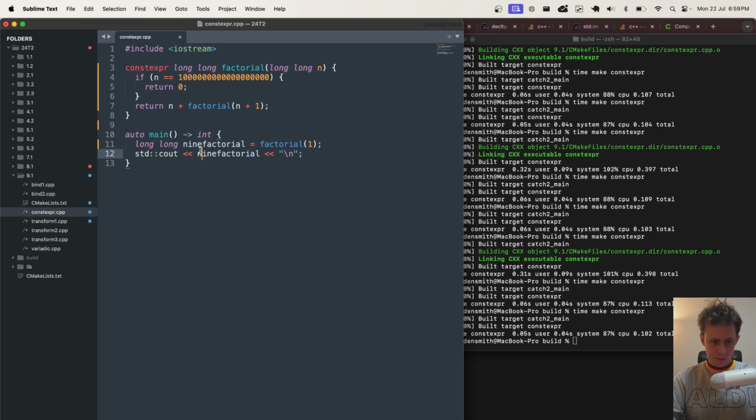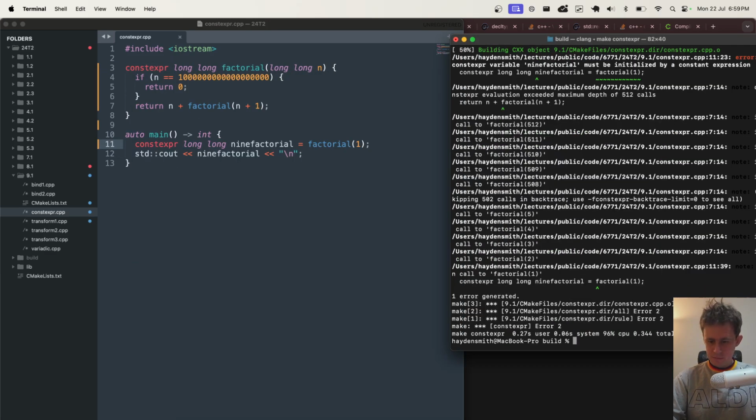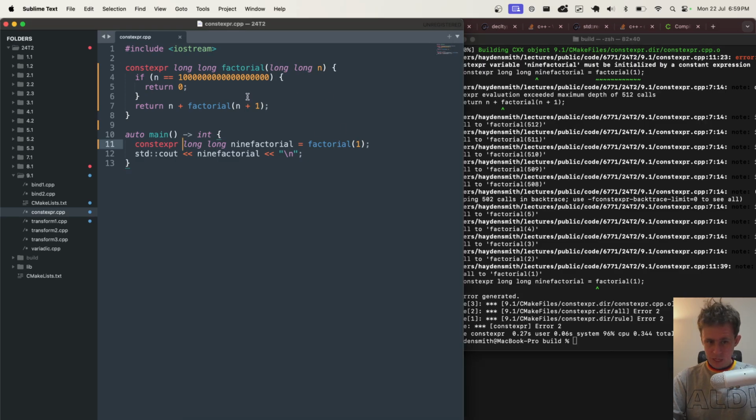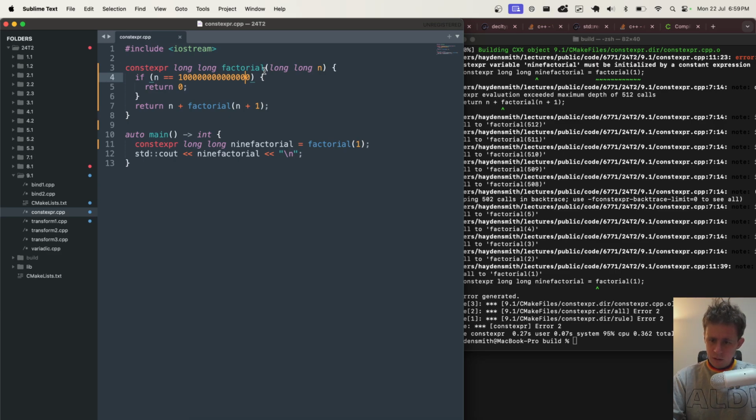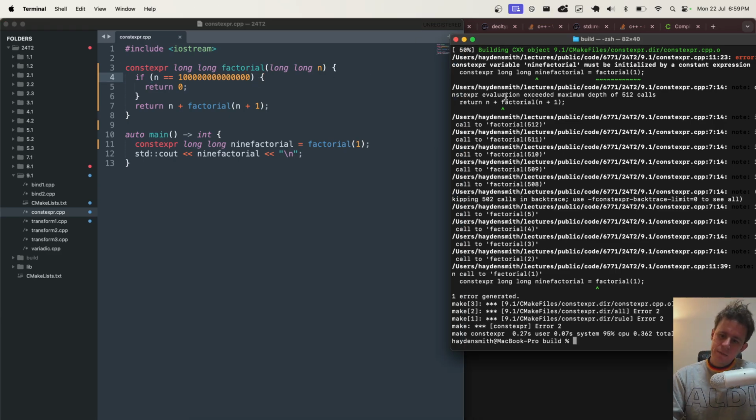Silly. Right, now, yeah, okay. Oh, max, there you go. Maximum depth of 512 calls anyway, so you're not even going to run into a problem. That's recursive naturally. You don't have to use recursion for constant expressions, as far as I understand. I'm sure there are non-recursive examples out there.